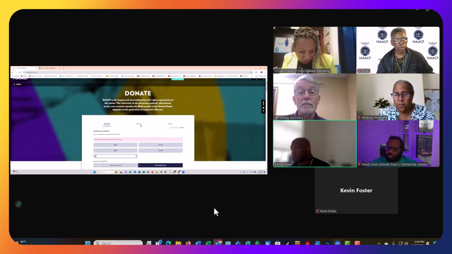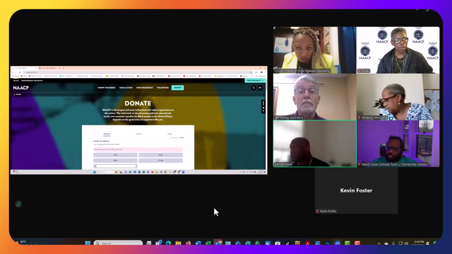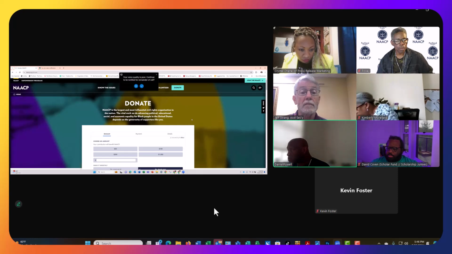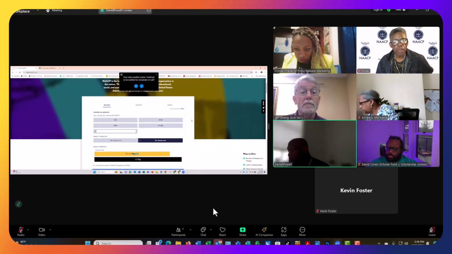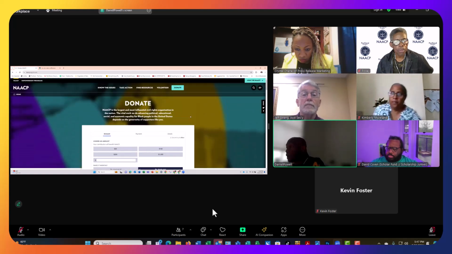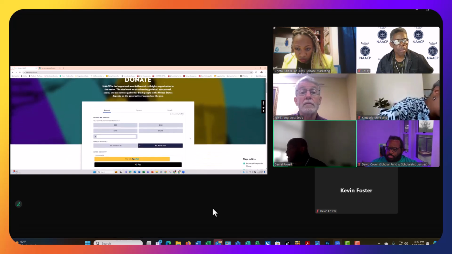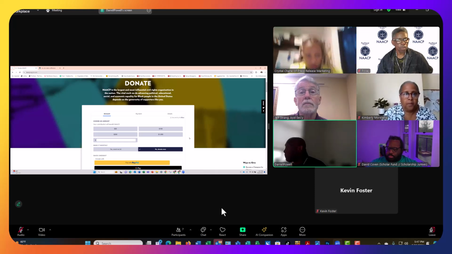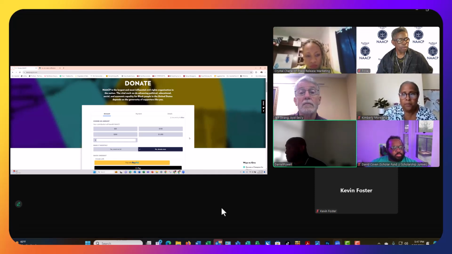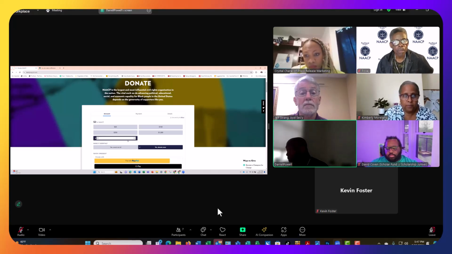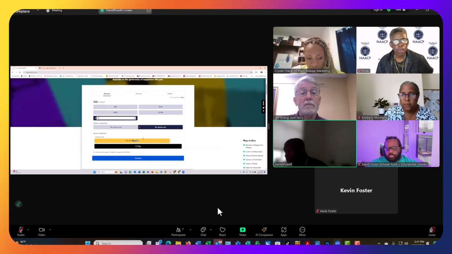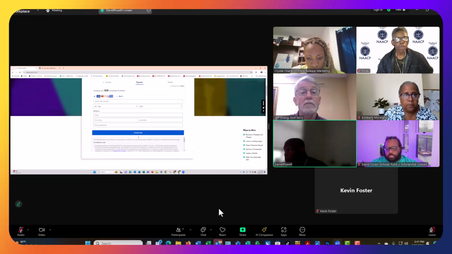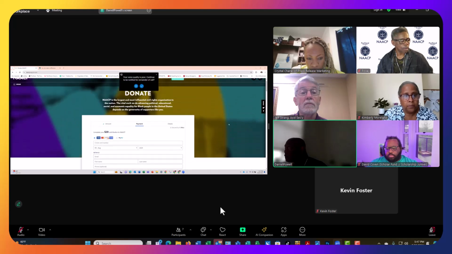Well, no, it's gotta be a donate. So this one says, notice it says up here, your contribution will benefit NAACP. Nowhere here does it say it's a tax deductible donation. Can you all see that? So this is them honoring the 501(c)(4) of the organization. If I put 20, now I have to go continue. All right. So that's one.